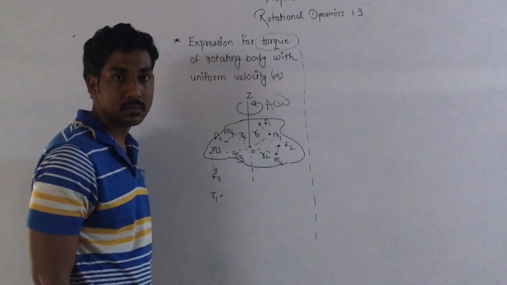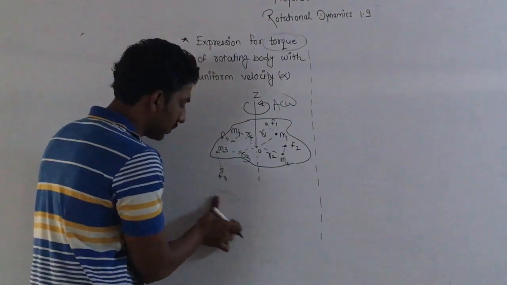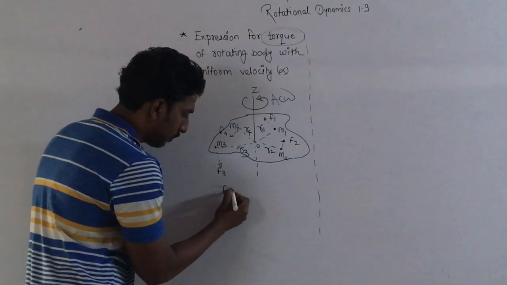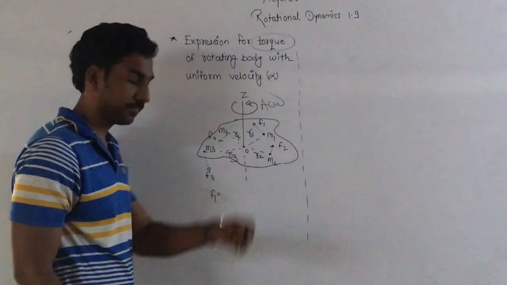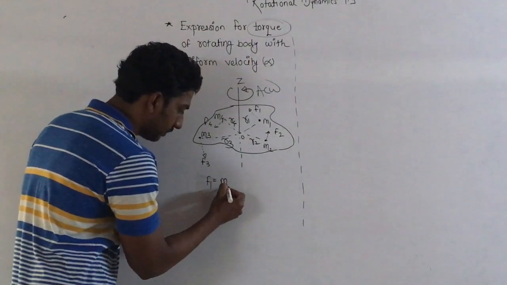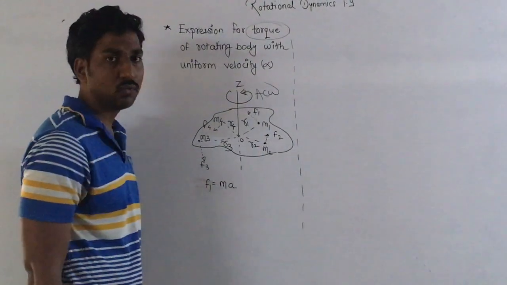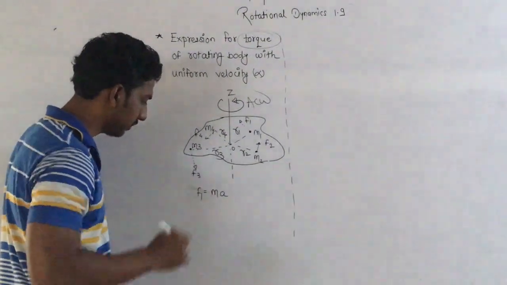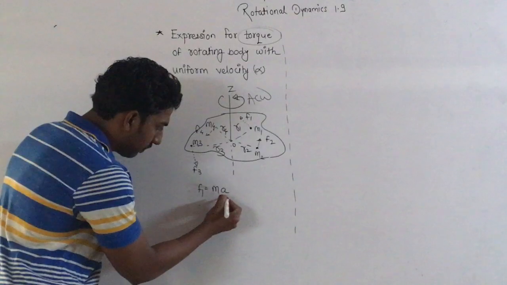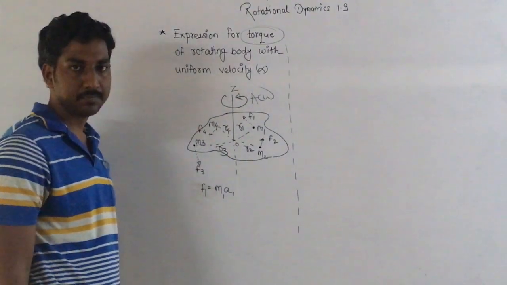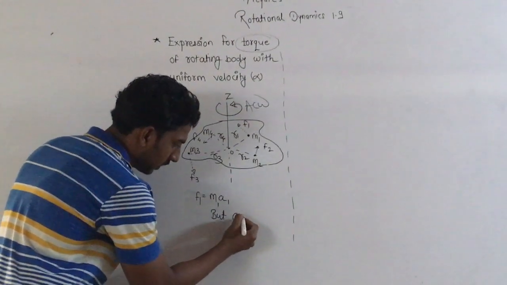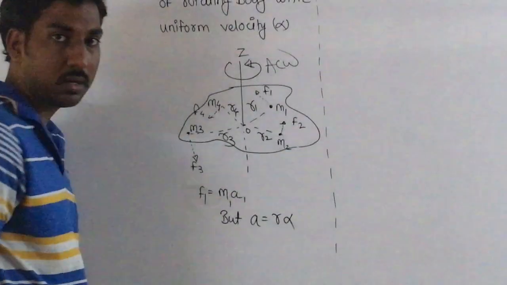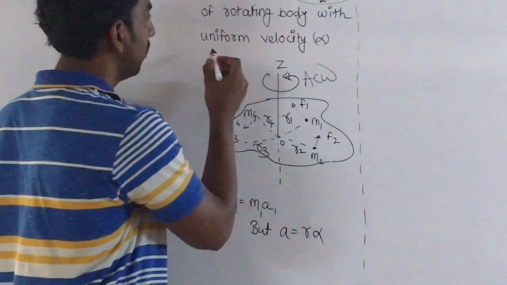Suppose we first consider force F1 on a body M1. It will be F is equal to ma. This is the basic Newton's second law. For the first body, we will consider M1 A1. But our definition says a is equal to R alpha, where alpha is nothing but